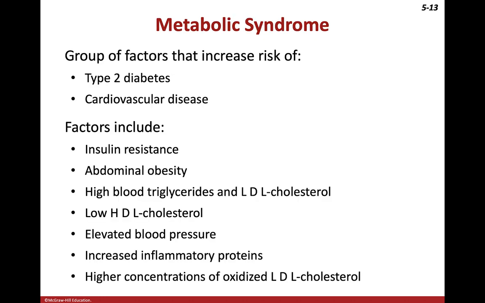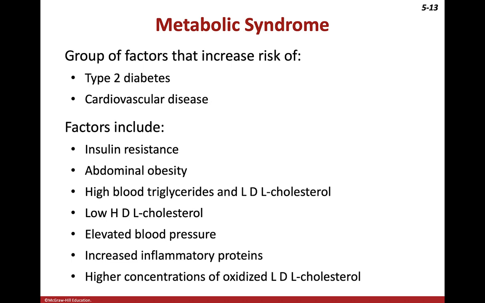Now, you may have heard of something known as metabolic syndrome or syndrome X. What we're looking at here are a group of factors that significantly increase the risk of a person developing type 2 diabetes or some form of cardiovascular disease. Now, the factors that make up metabolic syndrome, so you have to demonstrate a number of these to be considered to have metabolic syndrome. You have insulin resistance, and what that means, the insulin is there, but it's not impacting